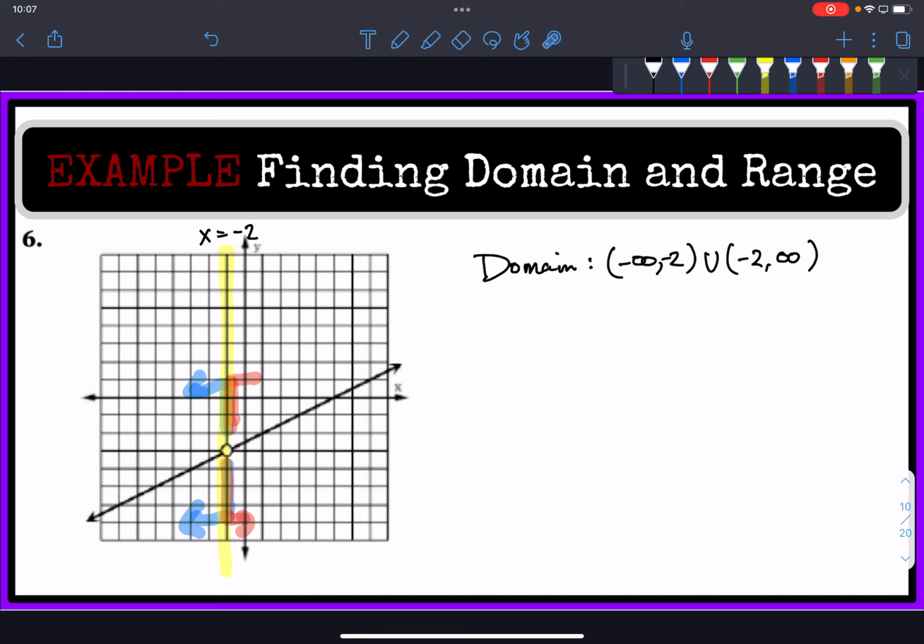So what this is stating is basically that the domain is all of the values from negative infinity to negative 2, and then from negative 2 all the way to positive infinity. So these two sections of this graph here are going to have x values that can fall anywhere between those numbers there. And the same thing with the range. Similar idea. Since our range